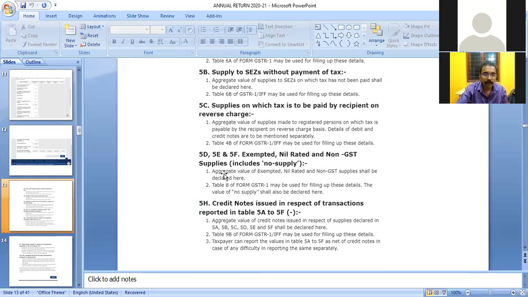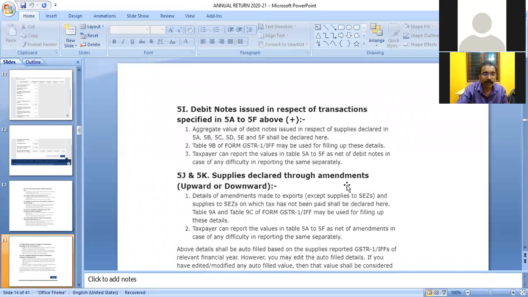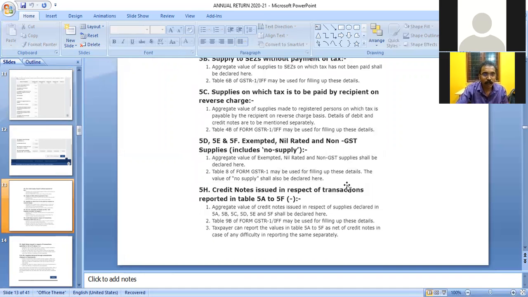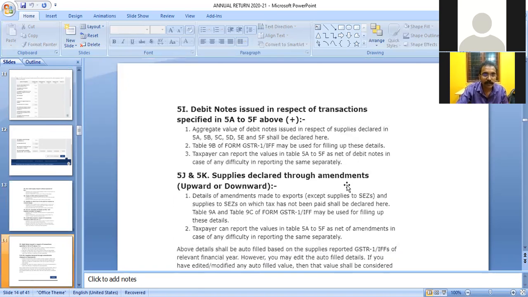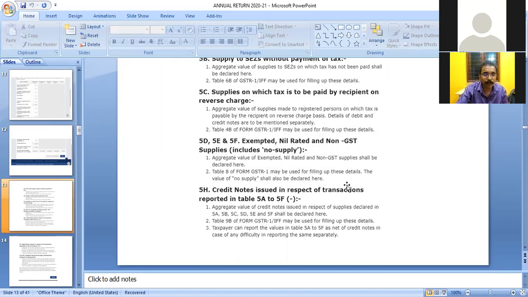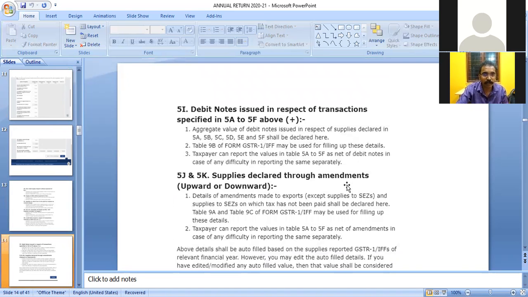Then columns 5D, 5E and 5F: exempted, nil rated and non-GST supplies. Here table 8 of form GSTR1 shall be used to fill up these details. Then columns 5H and 5I: debit notes and credit notes in respect of the above transactions. Table 9B of form GSTR1 or IFF shall be used to fill up these details.